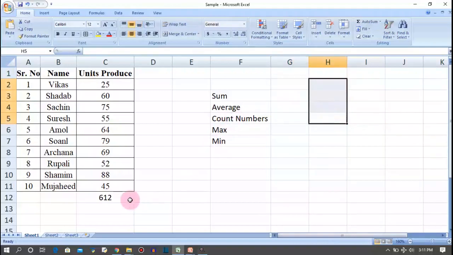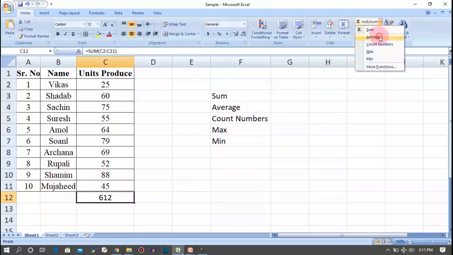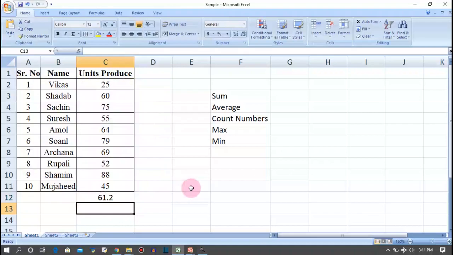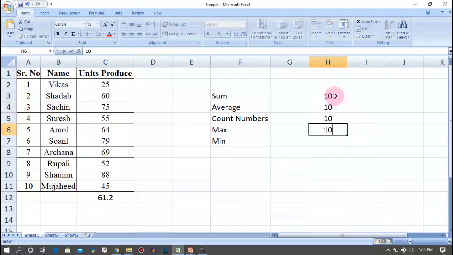Okay, so this is the first function, AutoSum. The second one is the average of the numbers. Again the formula changes, and sum gets converted to average. The average is 61.2. Let's again take over here 10, 10, 10 and 10.